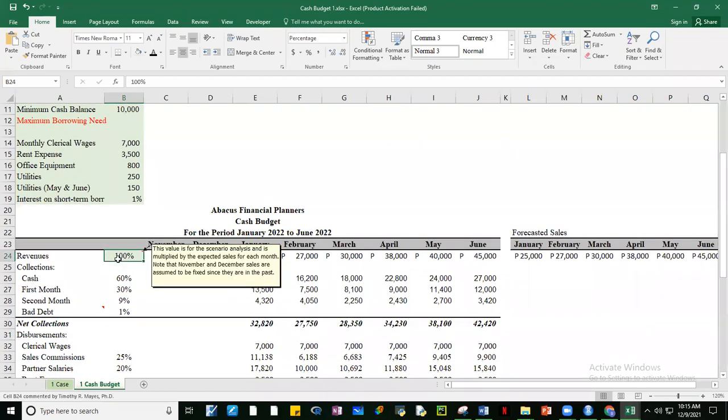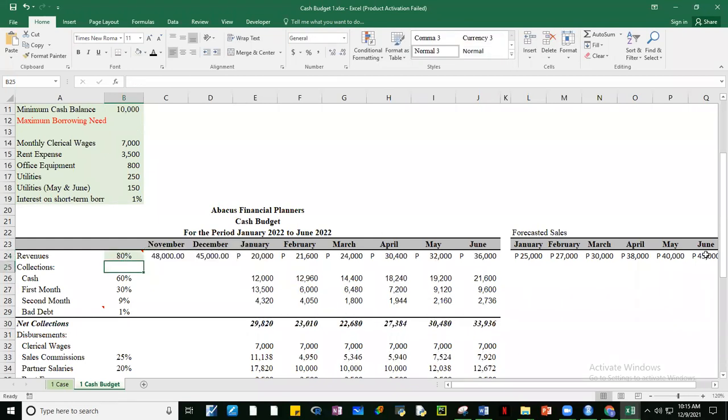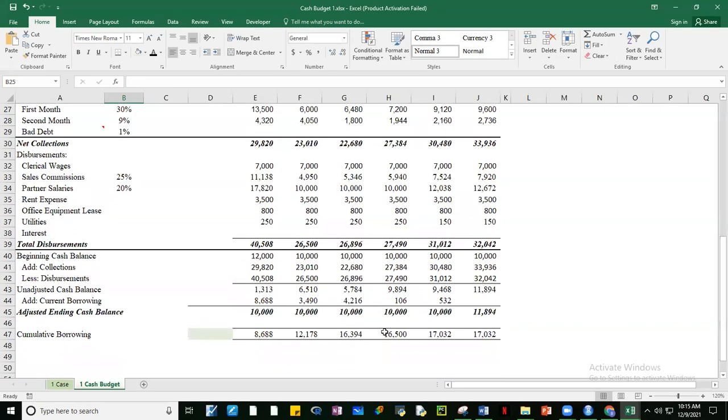Kunyari, naging worst case scenario, 80%. So what will now happen is that ito na yung magiging borrowing, no? 863442106532 in order to bring the cash balance to a minimum of 10,000.